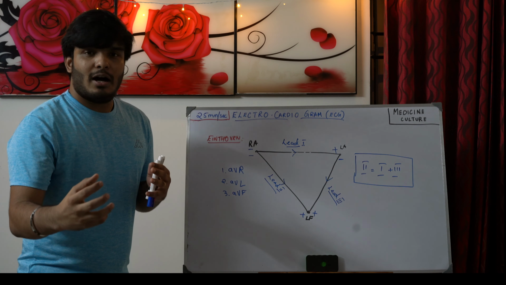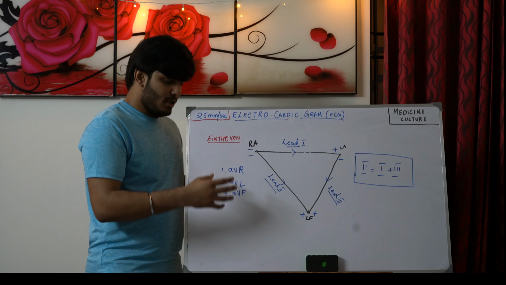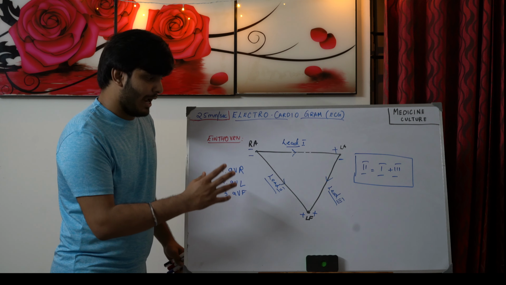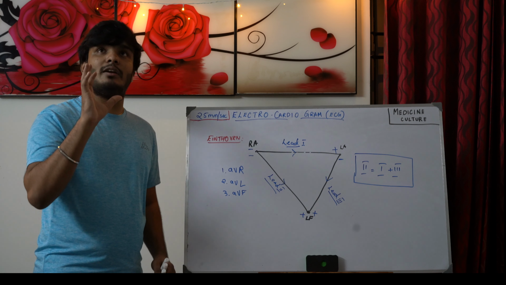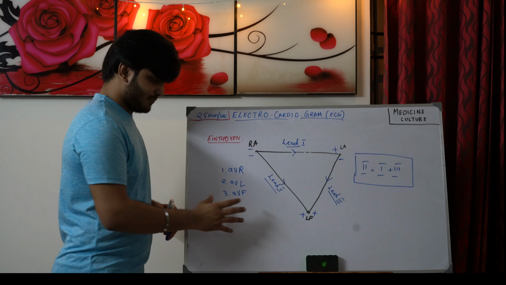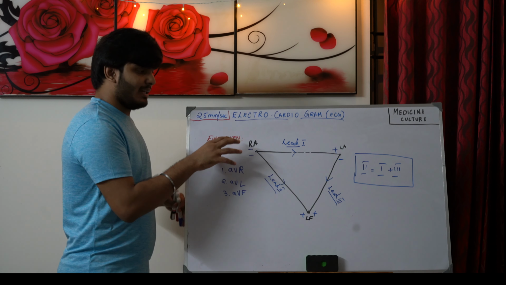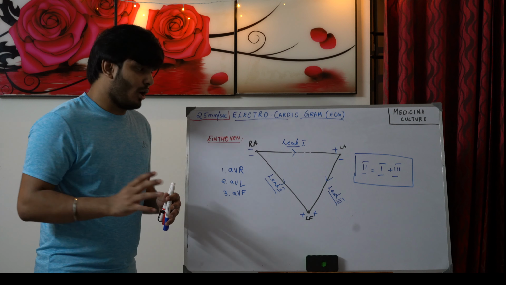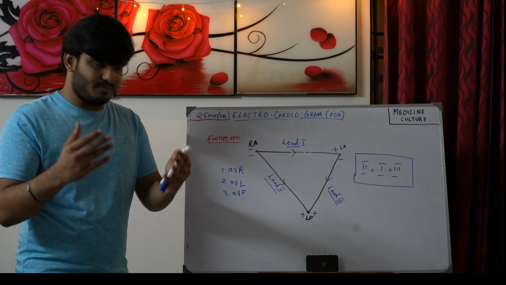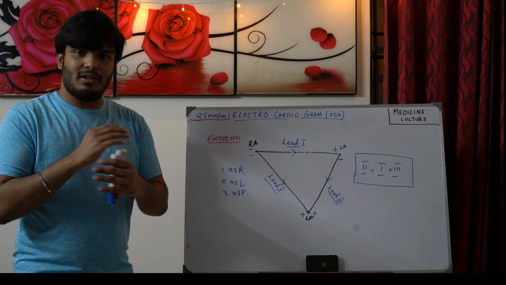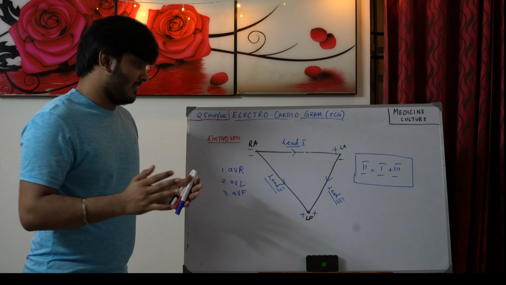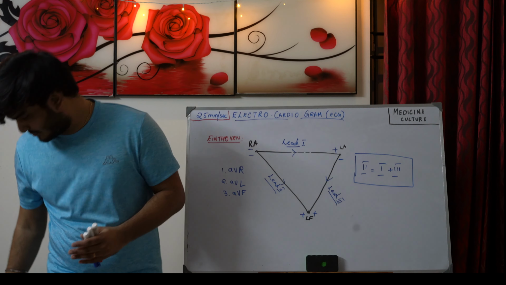So augmentation is that I am looking at the heart from the right arm now. AVL is that I am looking at the heart from the left arm. AVF is that I am looking at the heart from below, from inferior. So we can view inferiorly also. So you are looking at the heart from the right side, from the left side, and from below. That's what augmentation is all about. It's like looking through a window. So we covered 6 leads now, 3 unipolar and 3 bipolar leads. So moving on to chest leads now.